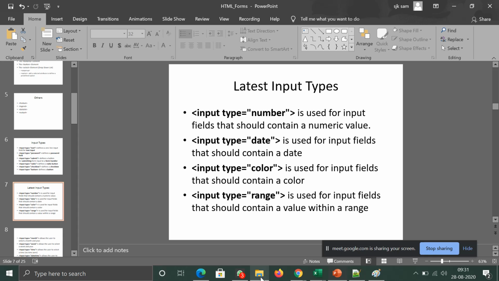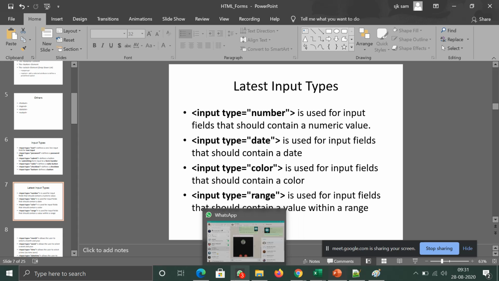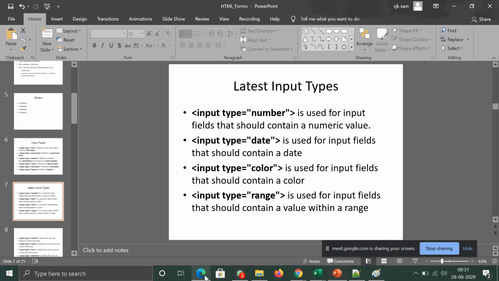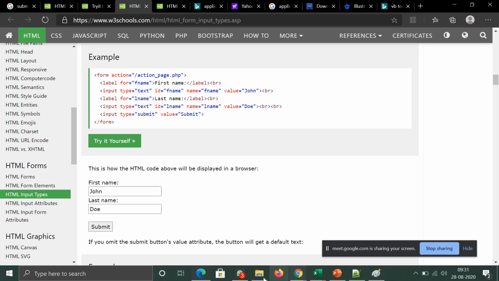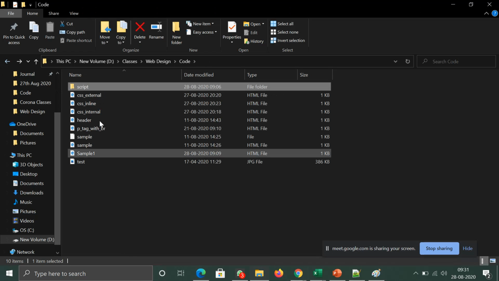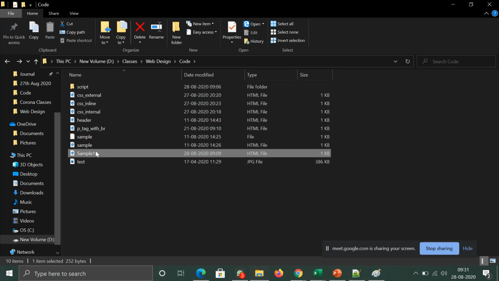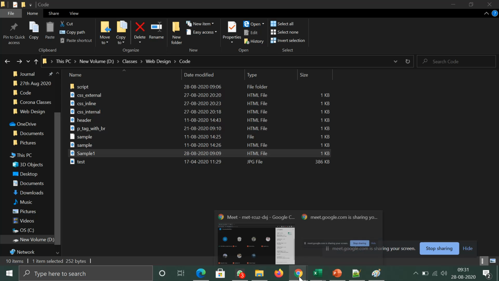Now, as an assignment to study what you have done here: you have previously done an HTML page, correct? In the first assignment you did an HTML page. Now you go to that particular HTML page and you give a link. Everyone is listening?